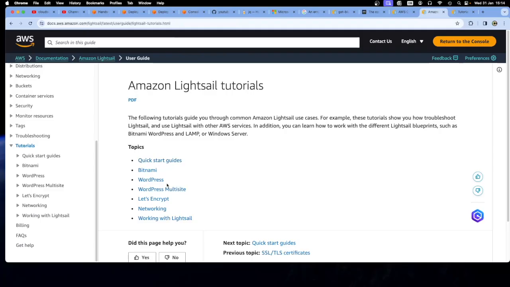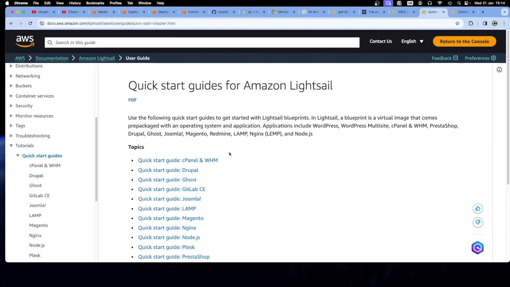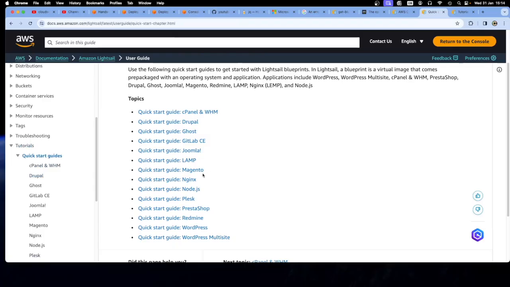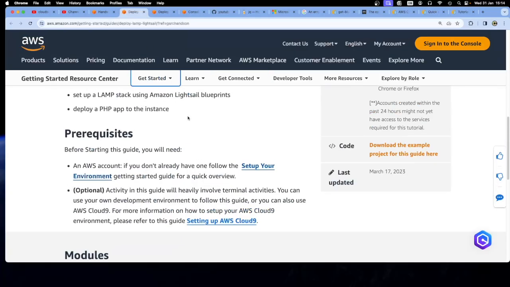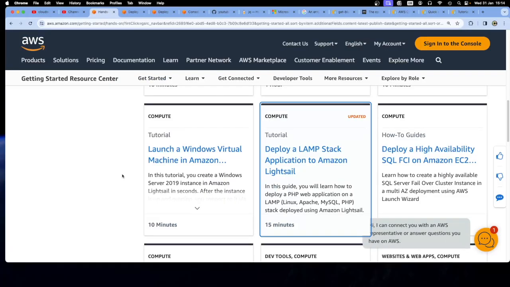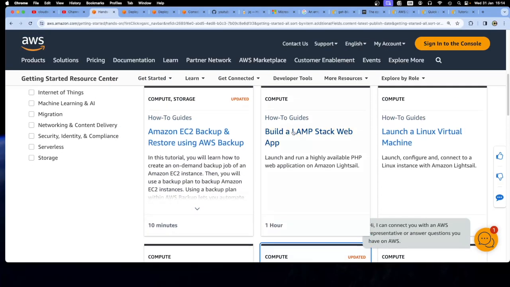But here's the kind of quick guides, quick starts. So you can actually have a lamp here, but that's gone back into the other Lightsail documentation, which is kind of coming back up here. I think it is here. It's coming into this one. So at least